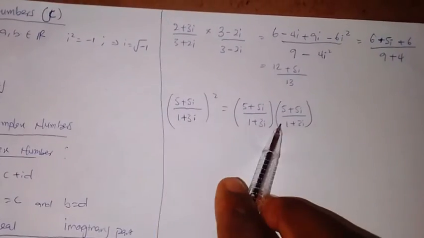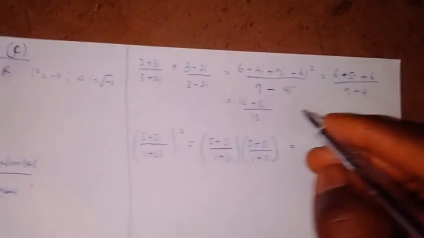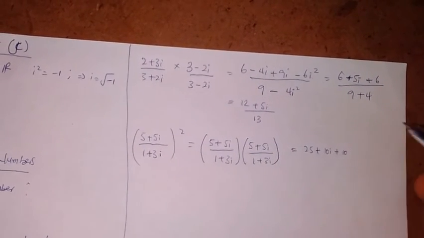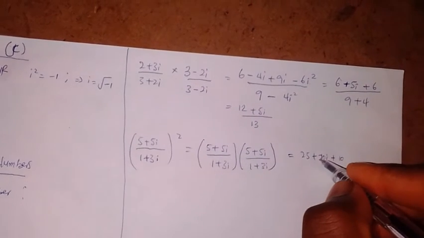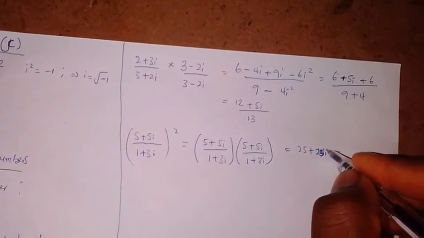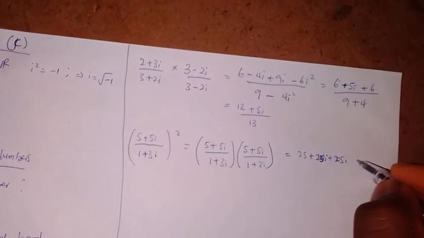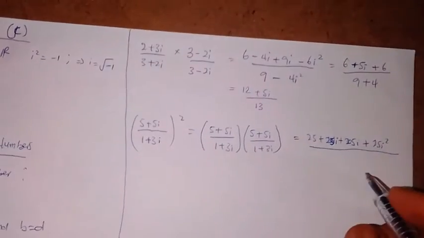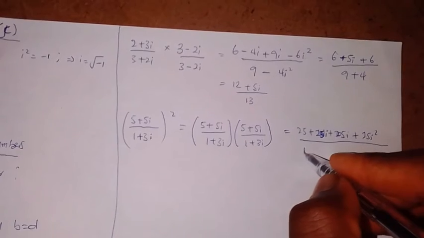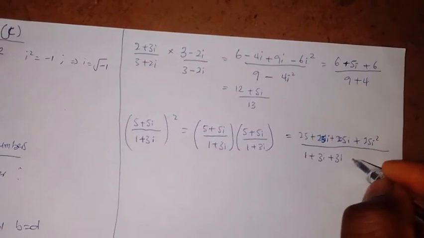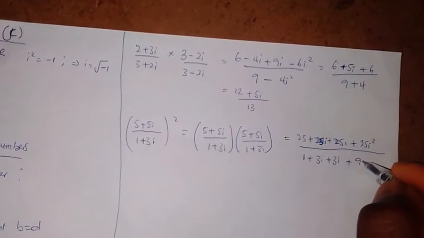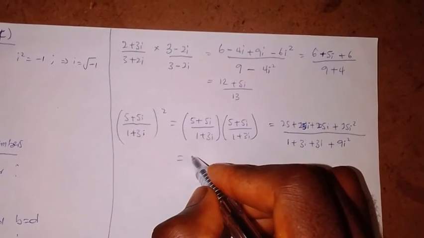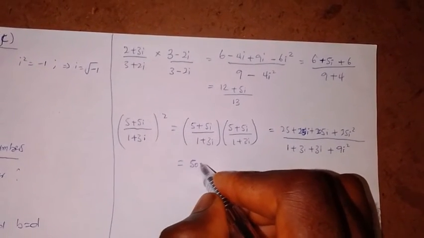Now, in this case, I have to expand. 5 times 5 is 25, plus 10i, plus 10, that's plus 25i, plus 25i squared, all over, this now becomes 1 plus 3i plus 3i plus 9i squared. Now this leaves us with 50i over